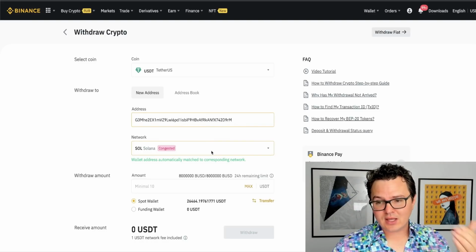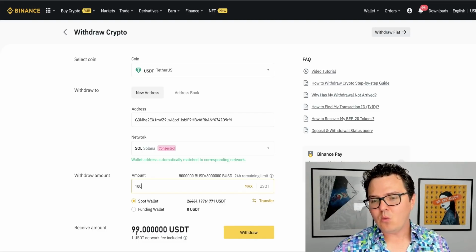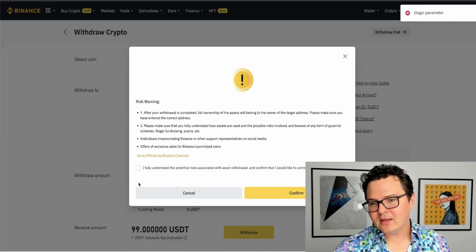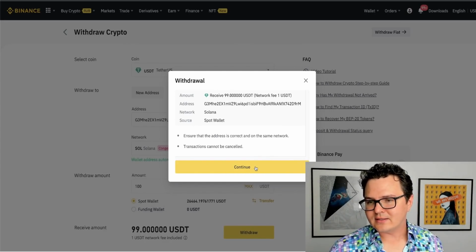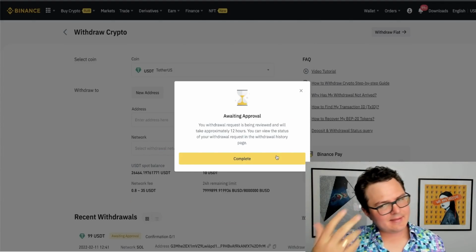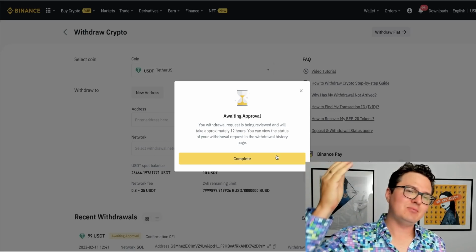I'm using the Solana network, and we're going to just send $100 over, again, as an example here, $1 fee to do that. So go ahead and click on withdraw, confirm that, and then of course, confirm in the email as well that we're going to get that across there. So, and that's it. My withdrawal request has been made over here on Binance, and soon my Bybit account will